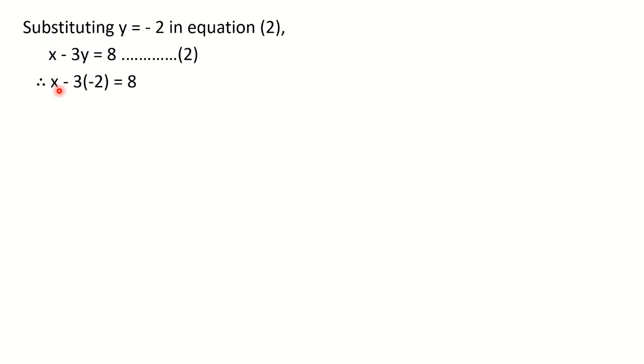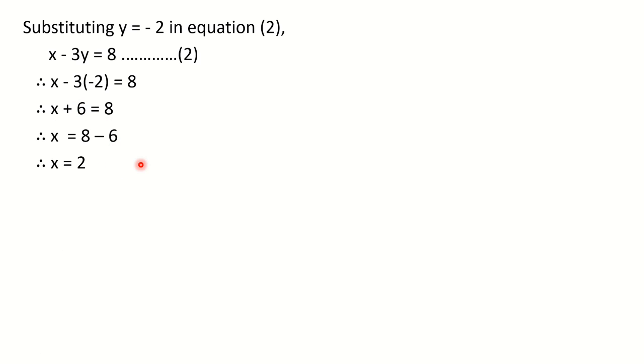So see, x as it is, minus sign, 3 as it is, and y I am writing in bracket. Why? Because here it is multiplication and also minus sign is present. So always make use of bracket, is equal to 8. Now see this minus and this minus, that is going to give us plus. So what we got here, x plus 6 is equal to 8. And 6 if you shift this side, it will be subtracted. So x is equal to 8 minus 6, that is 2.